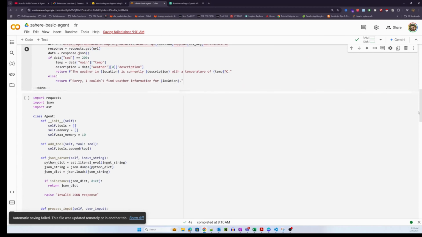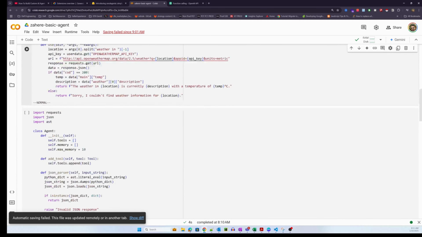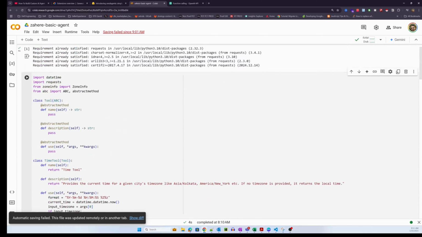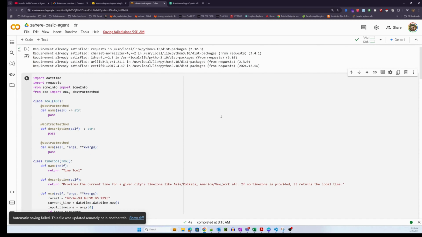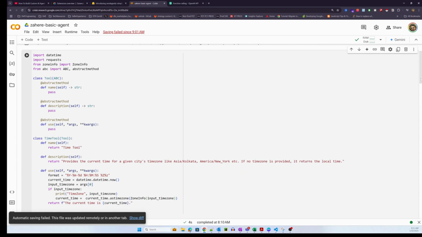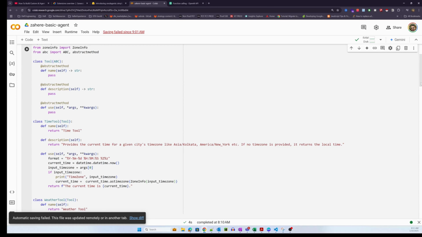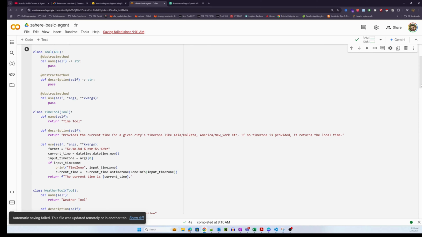I want to first establish the premise of tools, right? Let me quickly show you the tools that I had created and added to the agent class, the framework that I had created. We had established tools as an abstract class, and then created multiple tools by inheriting that abstract class, because we want the methods and the signatures of the methods to be exactly the same when we are dealing with multiple tools.